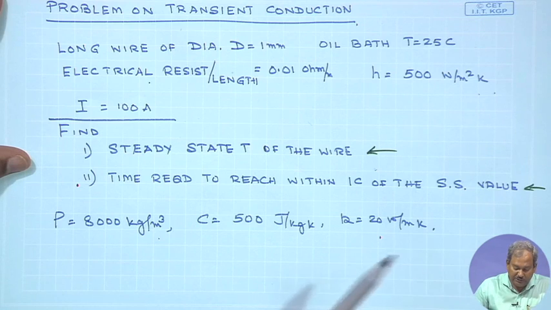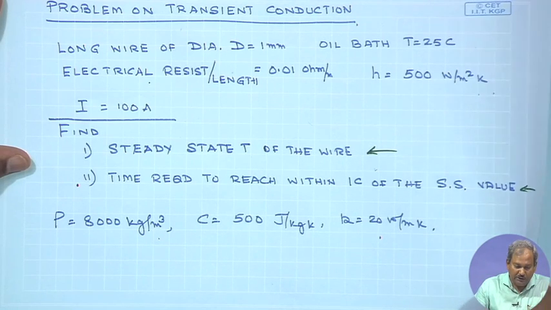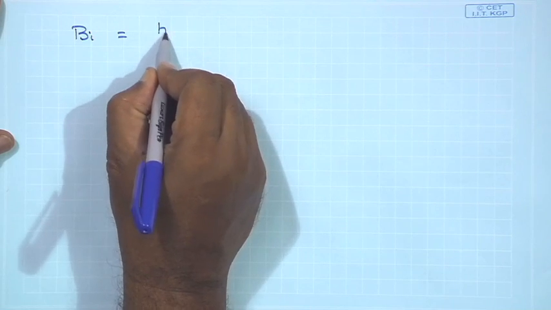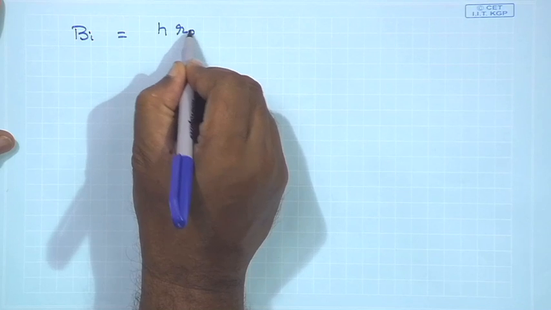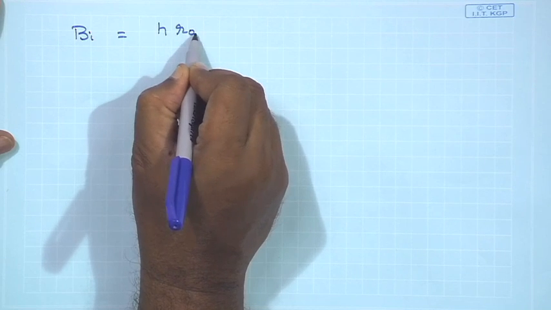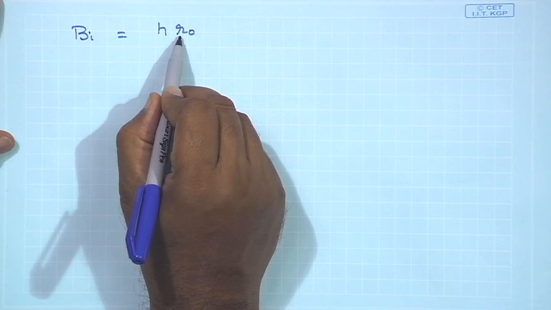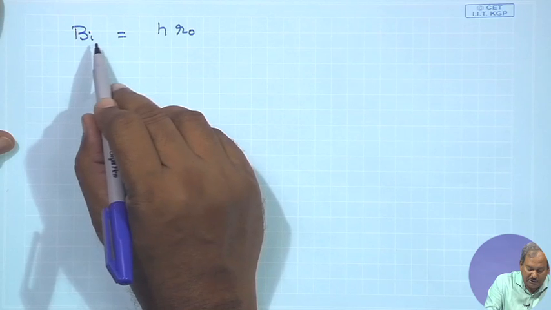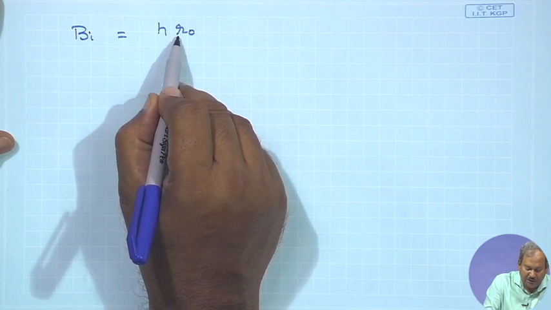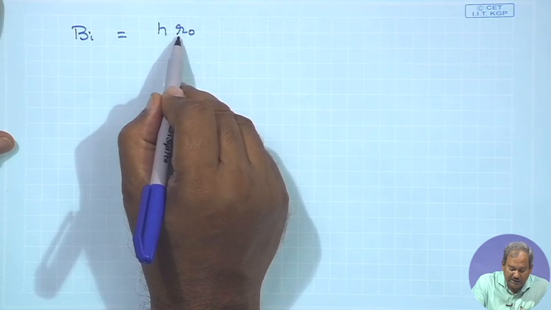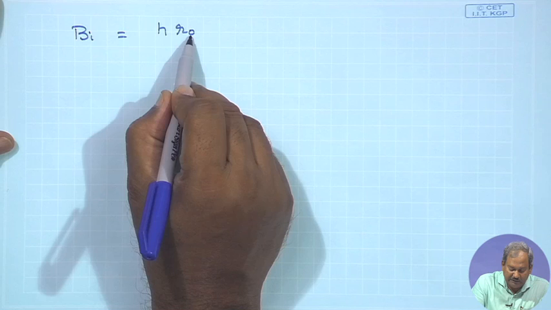But before we start this problem, one first has to find out the Biot number in this specific case, so that we would be able to determine whether or not the lumped capacitance model is valid. So, Biot number, this is a cylindrical system. Ideally the characteristic length should be R 0 by 2, but as I mentioned before, in order to be on the conservative side for calculating the Biot number and deciding about the applicability of the lumped capacitance model, generally the characteristic length is taken to be the length scale across which you get the maximum change